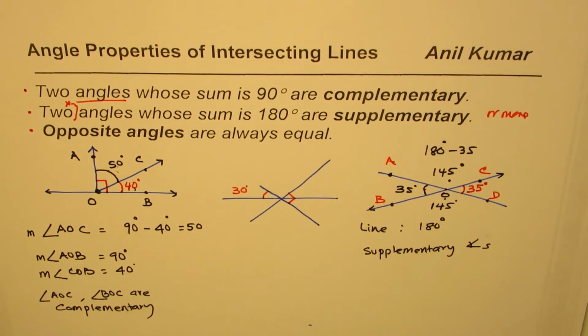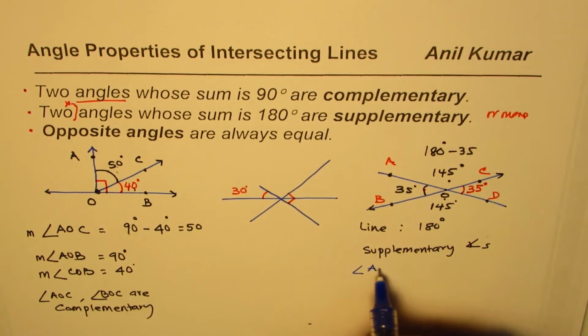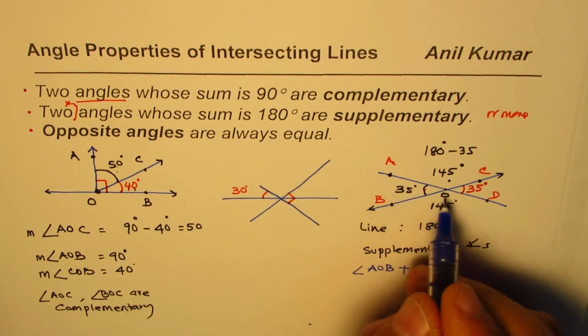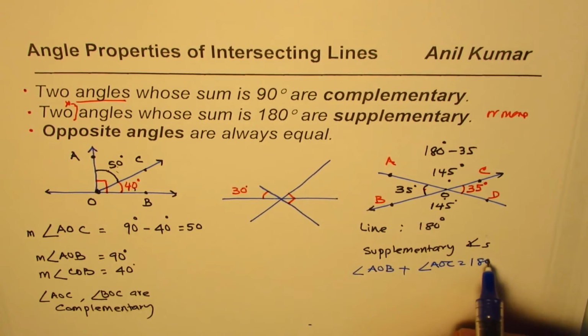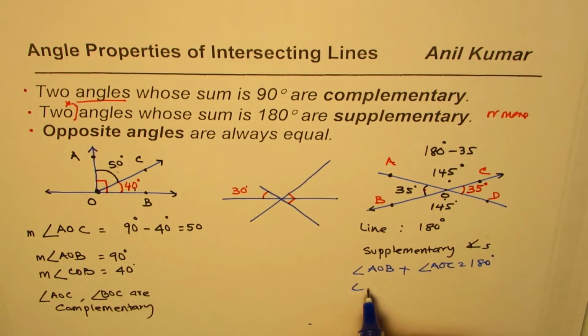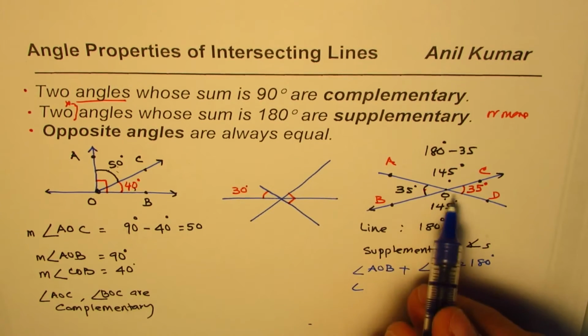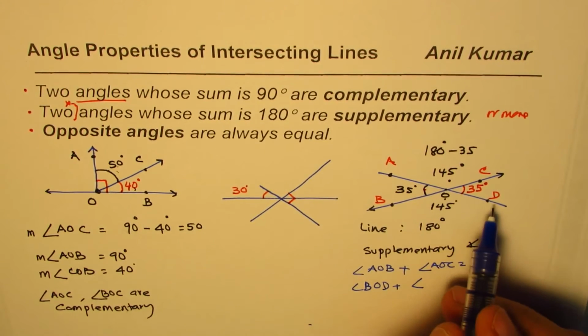So in that case, if you add up angle AOB and angle AOC, you get 180 degrees. So that is one set of supplementary angles. The other one, angle BOD plus angle DOC,